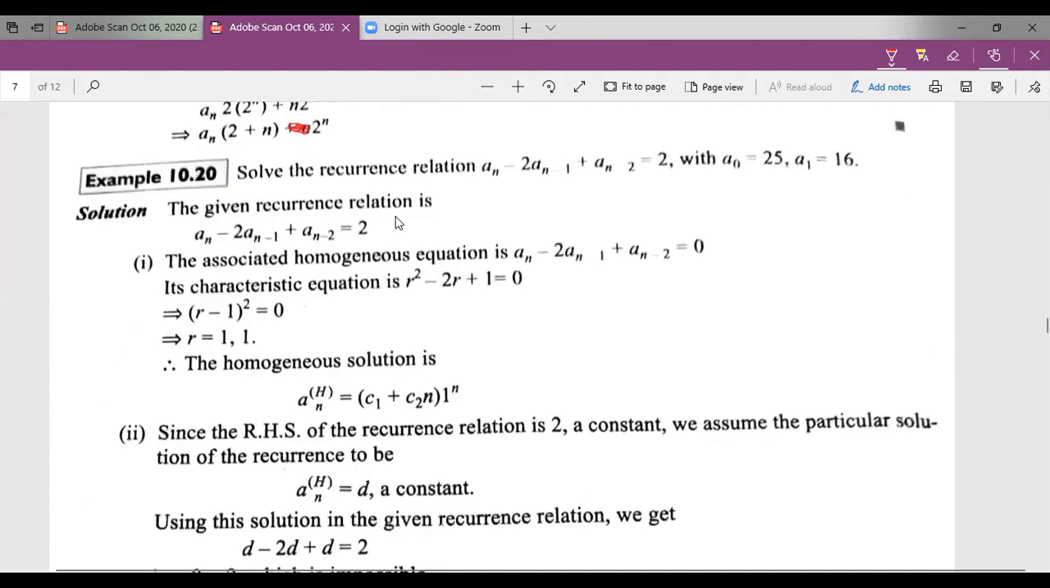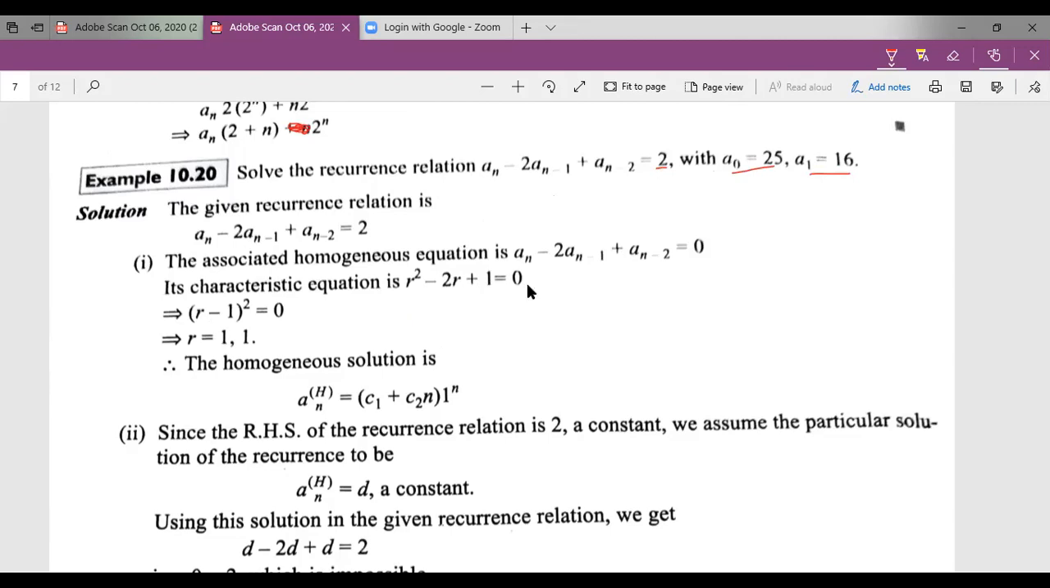Next problem. Solve the recurrence relation a_n minus 2a_(n-1) plus a_(n-2) is equal to 2. So here the RHS term is 2. This is a non-homogeneous recurrence relation with initial conditions a_0 is equal to 25 and a_1 is equal to 16. So first we find the homogeneous solution. The given recurrence relation is of degree 2, so first we write the characteristic equation, that is r square minus 2r plus 1 is equal